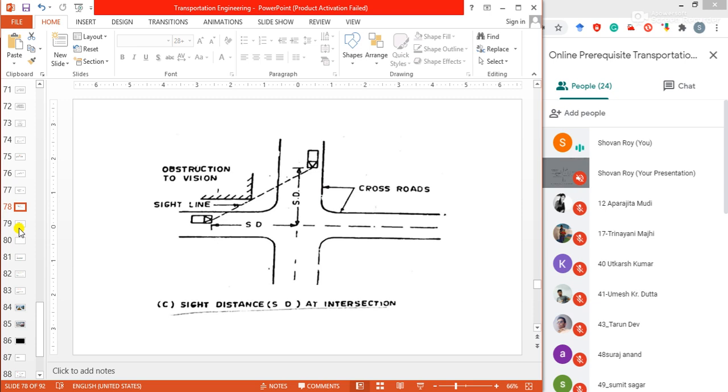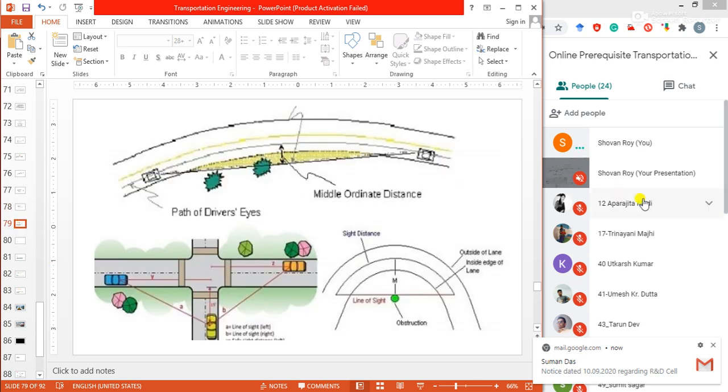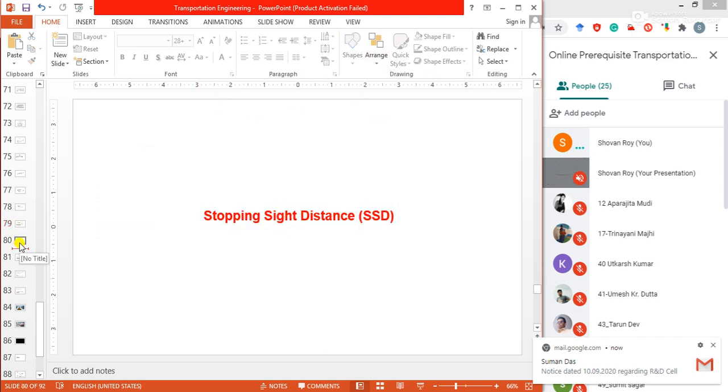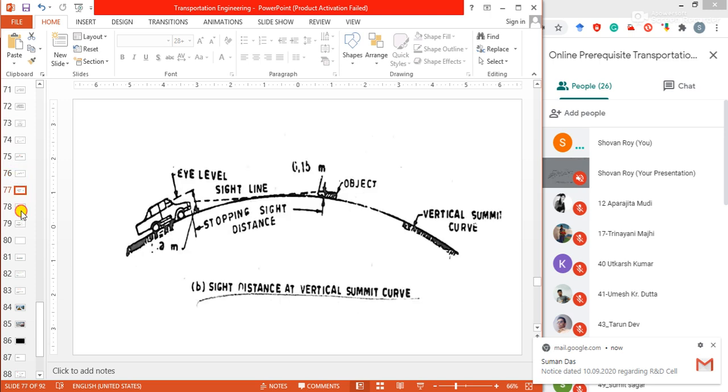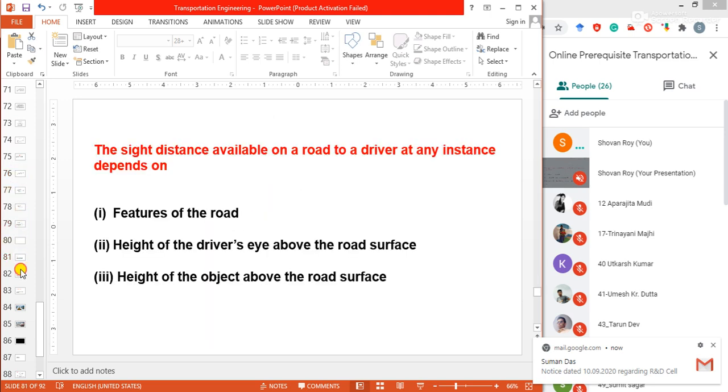Sight distance required by drivers applies to both geometric design of highways and for traffic control. There are three types of sight distance. These are some pictures of sight distances. There are three types of sight distances. The sight distance available on a road to a driver at any instance depends on